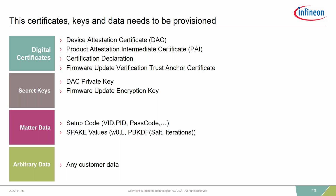Maybe interestingly, as I was talking in the picture before, those trust credentials, I was showing one certificate. In reality, it's much more which have to be provisioned, and there's a little bit the list of what has to be provisioned here already from an OEM to the device, and that's quite significant. So this device attestation certificate is required to be provisioned. The product attestation intermediate certificate. So this is basically the intermediate CA certificate under which the DAC was signed,